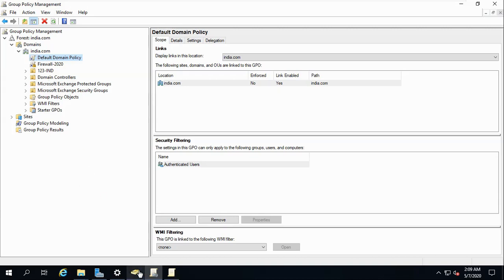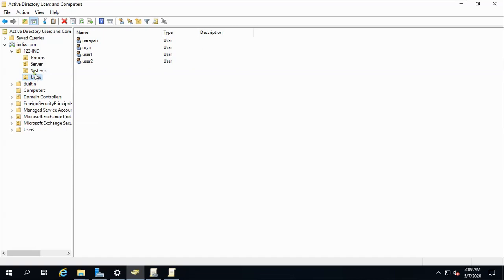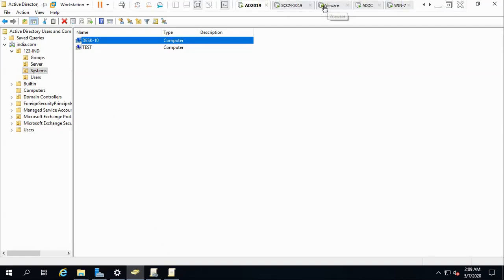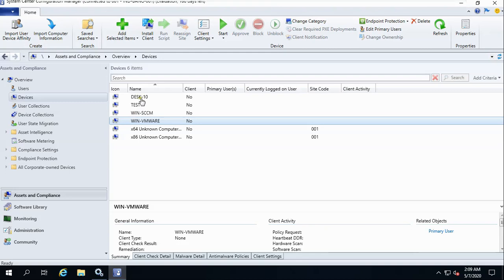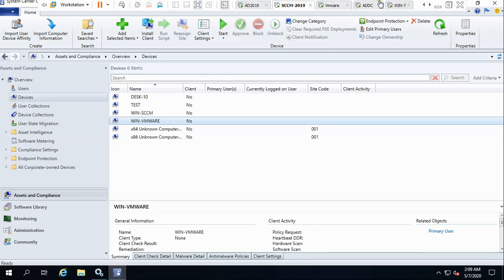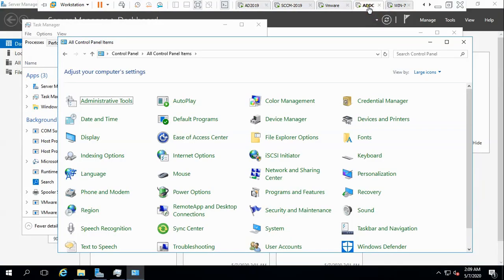For example, I have two systems here, test and Windows 10, inside this 123 India OU. I can see these properly, the Windows 10 and test machine, but I'm running one more machine, ADDC, that I'm not able to see.